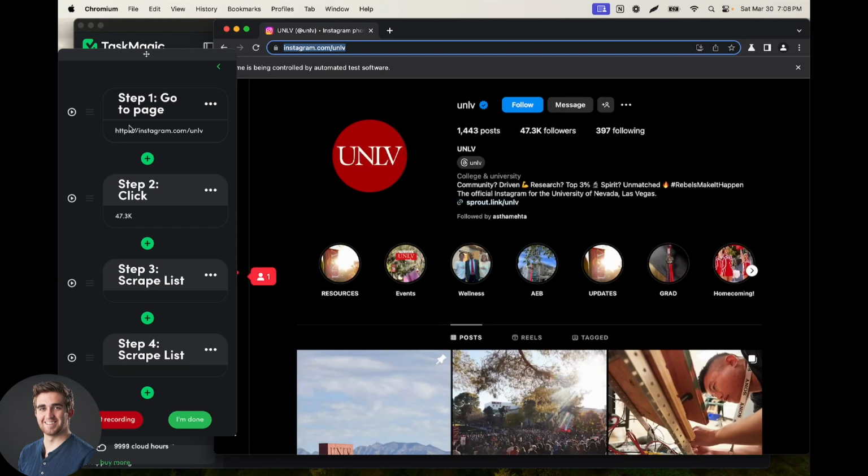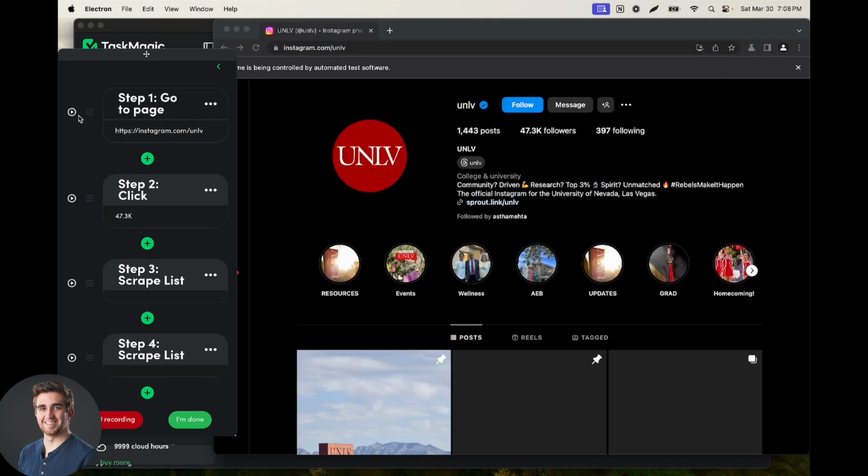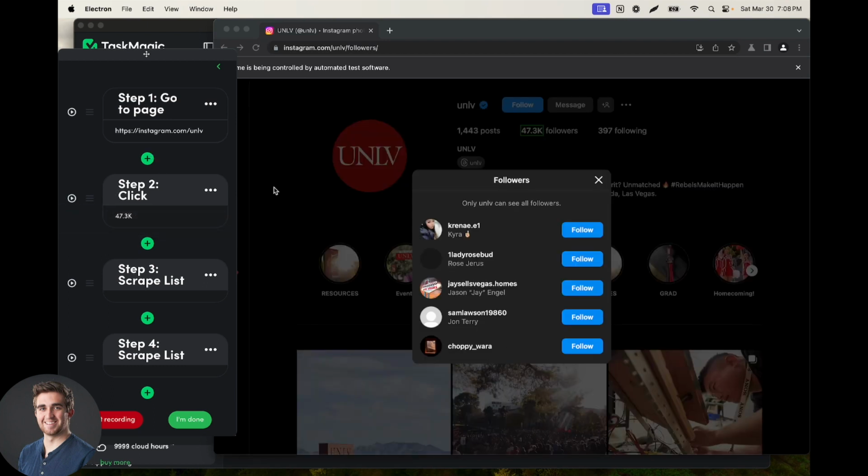So you can see it ran our first step, taking us here. We can always run this step if it didn't take us to that first URL. Sometimes it will take you somewhere else, depending on where you clicked in your list. Then we can click play next to step 2 to see that it clicks this correctly. Then with scrape list steps, if your scrape list step is working and everything is correct with it, when we